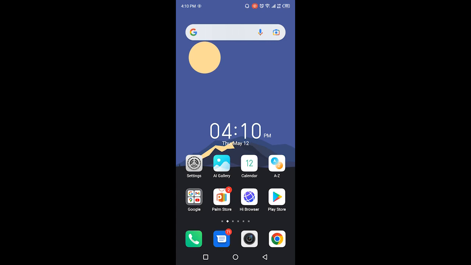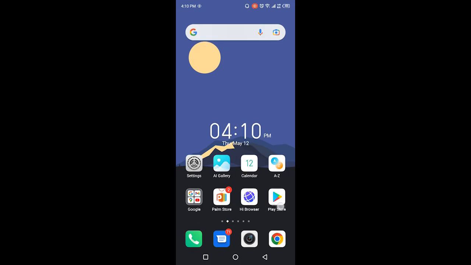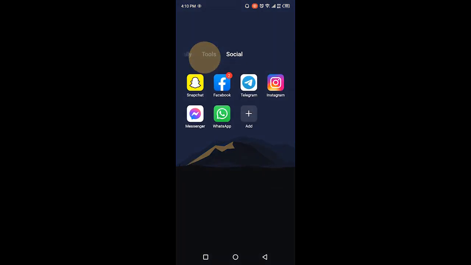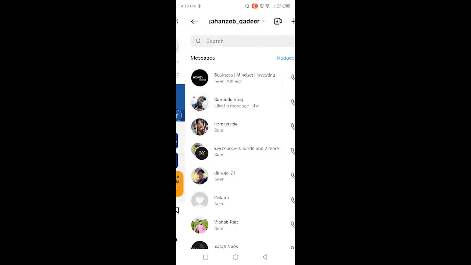The first step is you need to open Play Store, search for Instagram, and update your Instagram application. Once you've done that, you simply need to go and open Instagram. Once you open Instagram, you need to click on the messenger icon in the top right, and then you